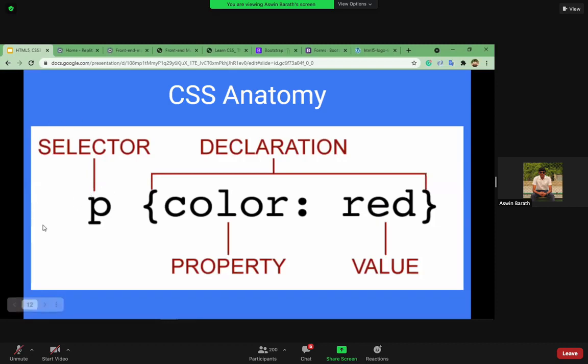That's called a selector. And the declaration part we put inside curly brackets. Inside these curly brackets, we use a property followed by a value. The property in this example is color, and the value is red. So that's how every CSS rule will look.